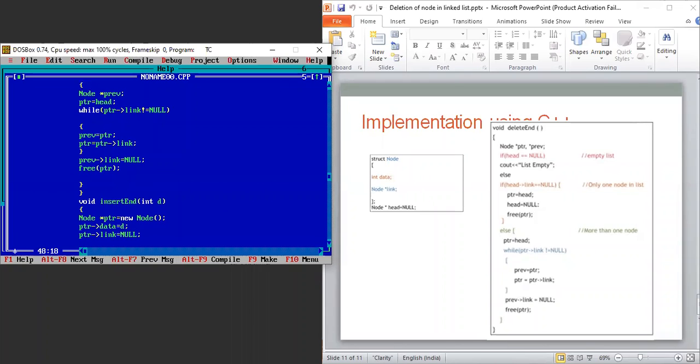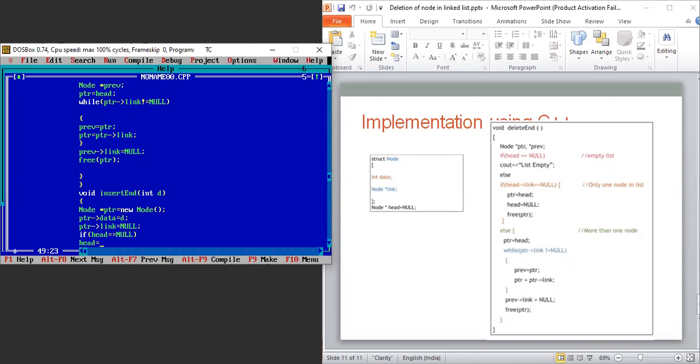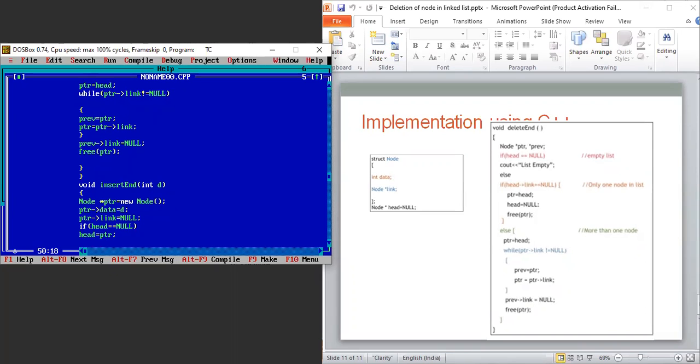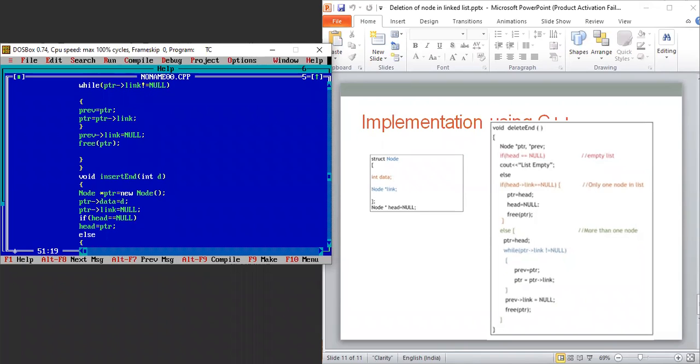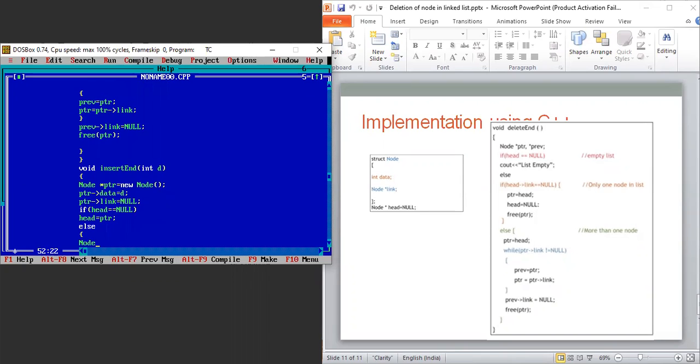So you can see here, now I will check if head equal to null. What we need to do here is assign head equal to PTR. Else, we need to take another node, that is a temp node, and here you can see we have the head part.